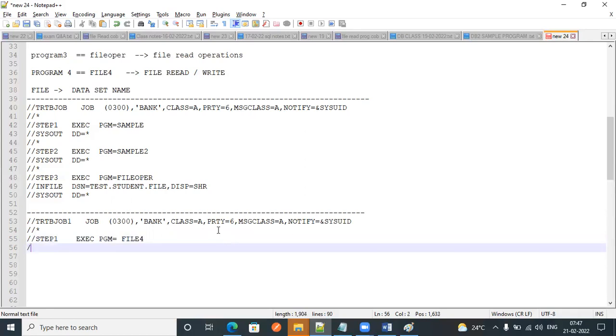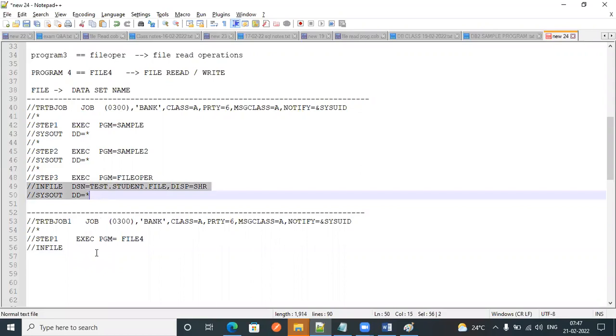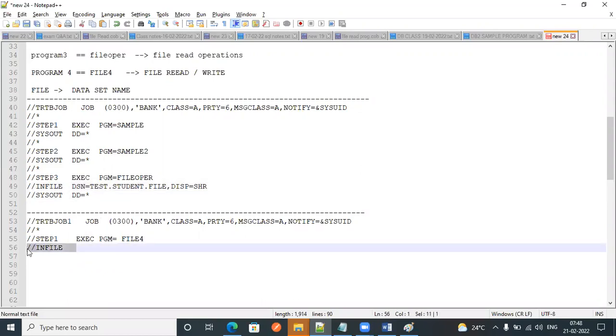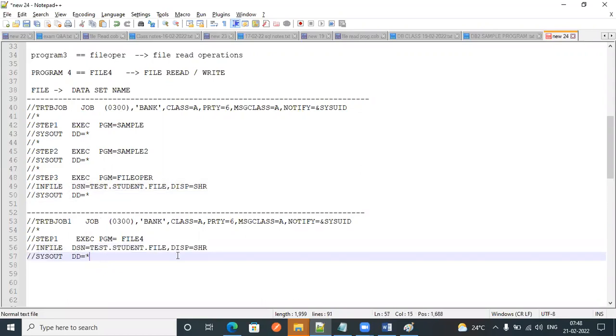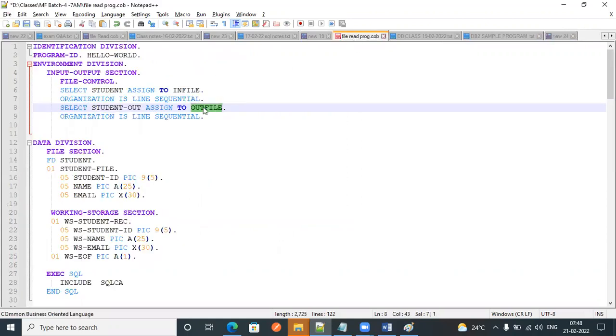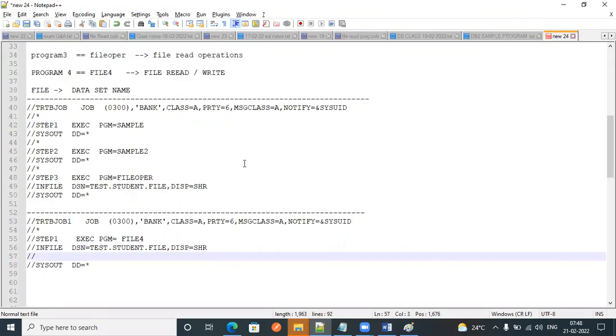Next one is, what is the logical file name and physical file name? In file. We already have this logic, just copy paste here. In file is done. But here I need to create out file. So how is the program going to create the out file? Okay, we'll see.